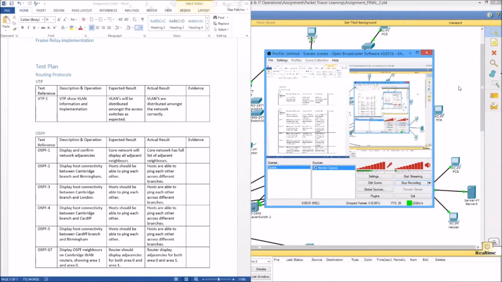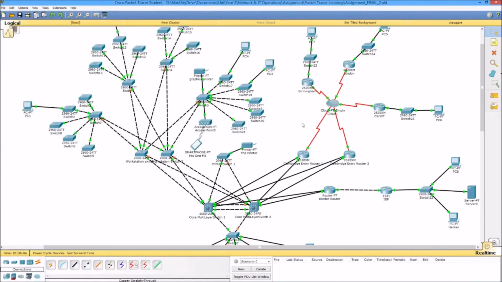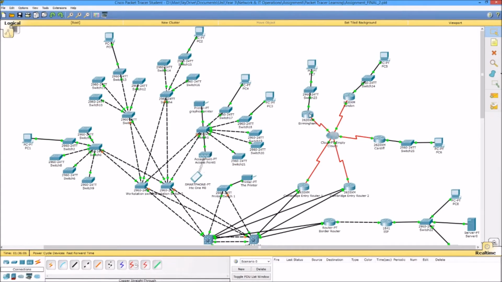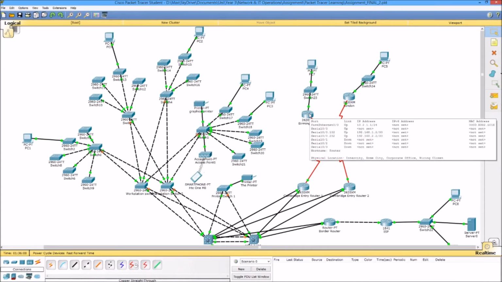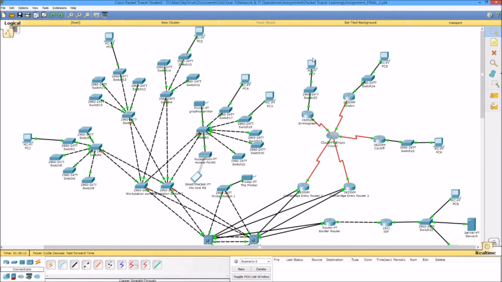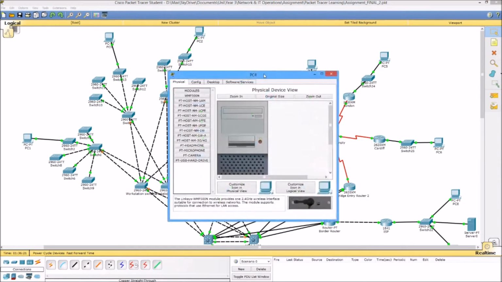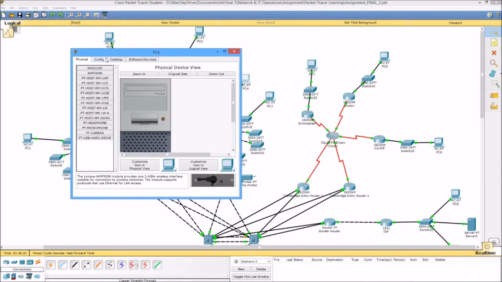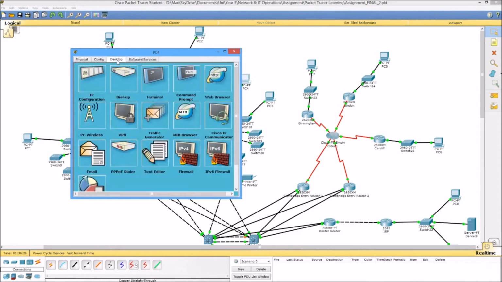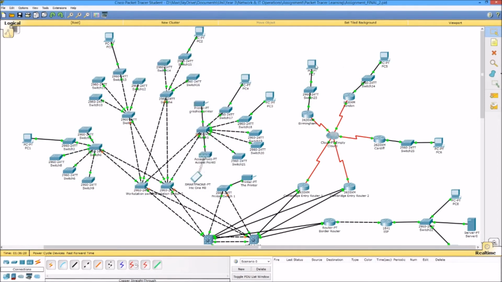Test OSPF2, where I'll be testing the host connectivity between the Cambridge branch and the Birmingham branch. So for a quick recap, the Birmingham branch is on the 10.2 network, and Cambridge is on the 10.1 network. So this PC is 10.2.1.2, this PC over here is 10.1.40.4, which is on the graphics VLAN. So if we go into here and ping 10.1,